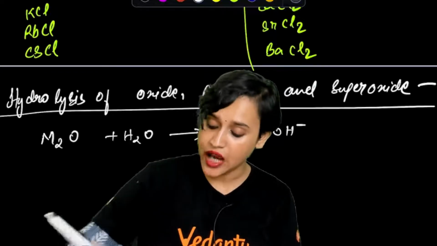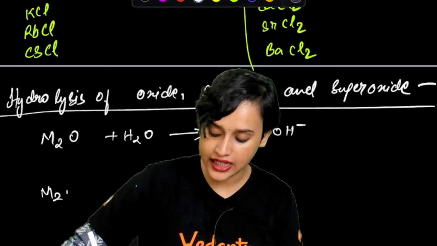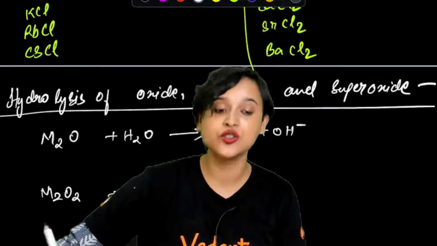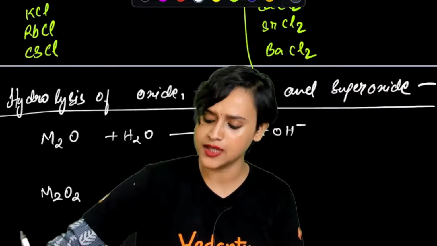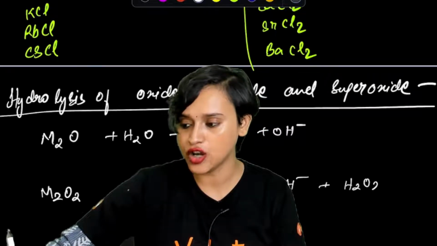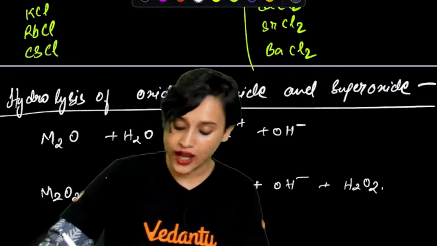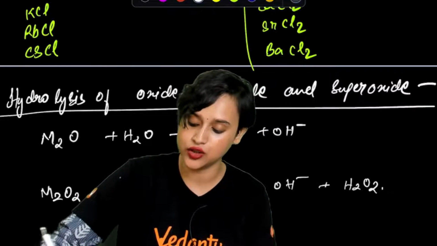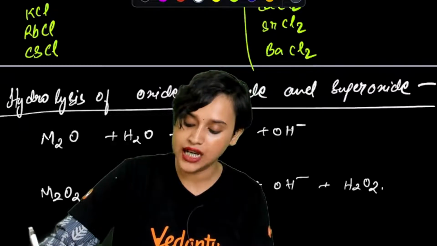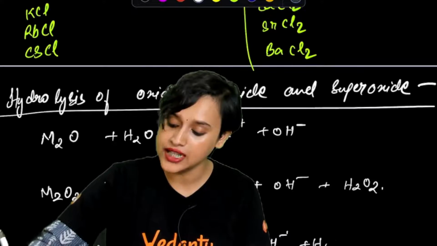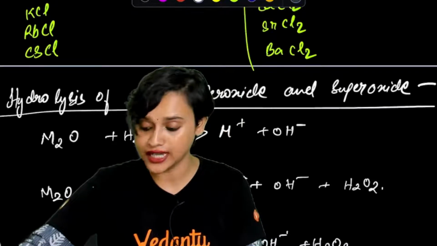Now, if I take a peroxide, M2O2, plus water, it will form M plus OH minus, plus hydrogen peroxide. Finally, if I take a superoxide, MO2, plus water, then it will form M plus OH minus,